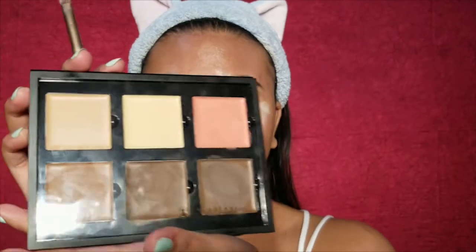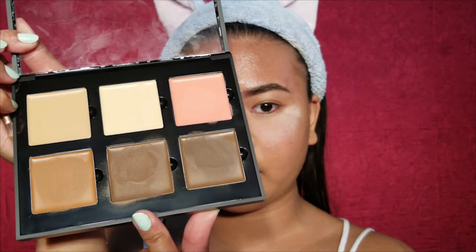And now we are moving on to contouring. I'm just gonna do a cream contour because I don't want to do a powder, because again I'm doing a creamy everyday look. And I'm using this one, it's from Anastasia, a contour cream kit, and it's in the medium. And I like to use the shade Ash Brown because this one looks more natural, like a shadow look, rather than this one,